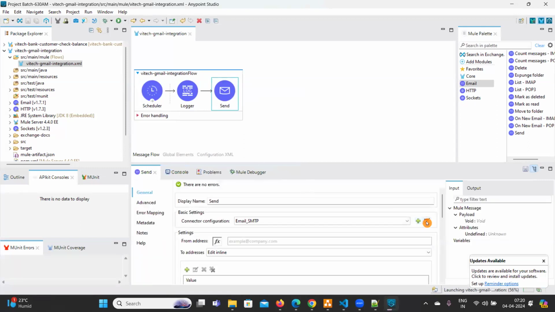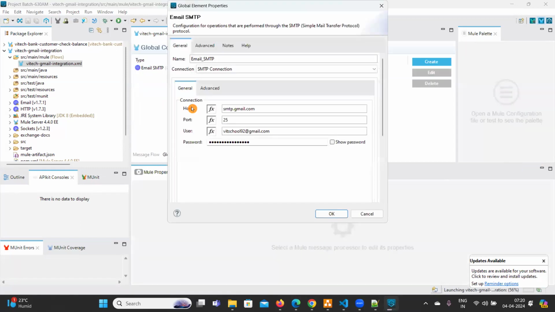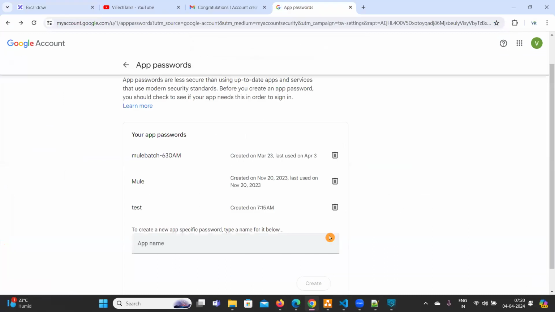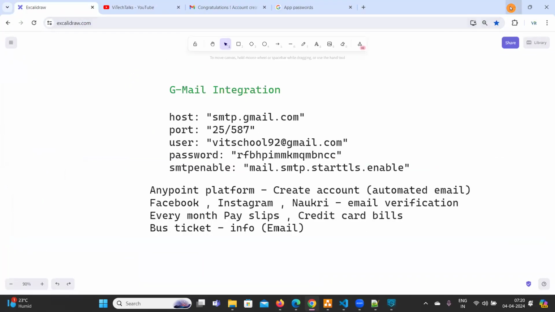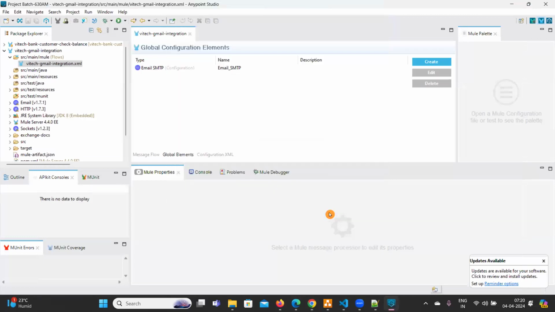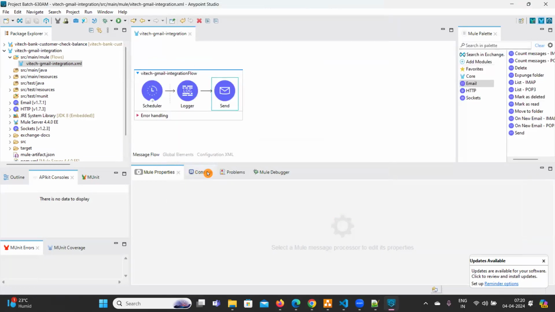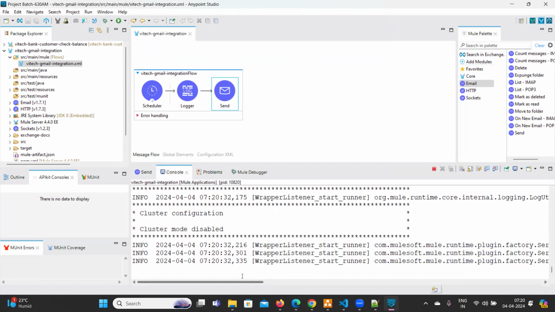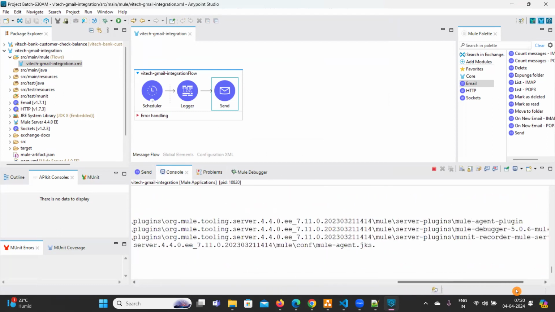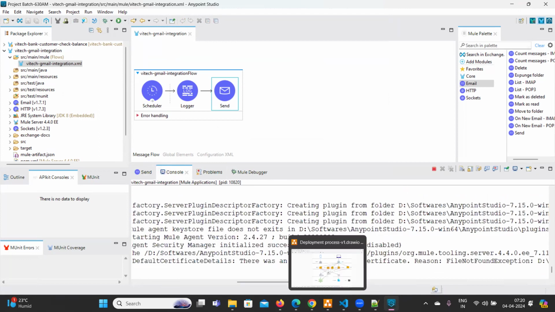So again, what are the things that are important? Host, port, username and password. Password is app password. You need to generate app password from your Google account. Now, go to console and verify whether the app is deployed or not. So meanwhile, what I will do,